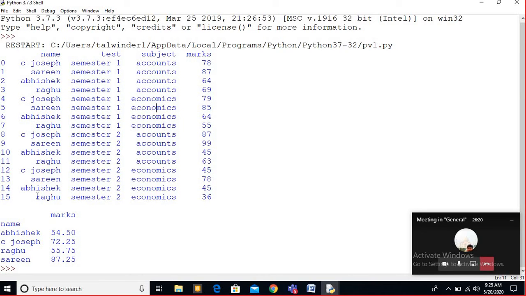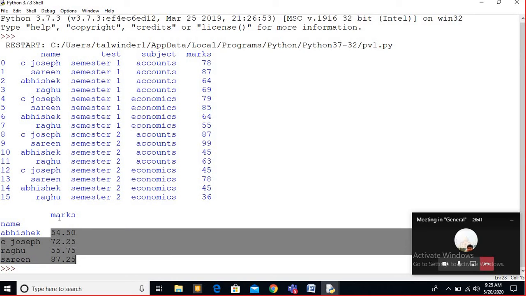Again the names repeat, but this time the semester changed, semester 2 and semester 1. Accordingly, it takes the first semester and second semester marks of each student and calculates the average, combining accounts and economics. This is the average which is going to be displayed. Now is it clear to you?